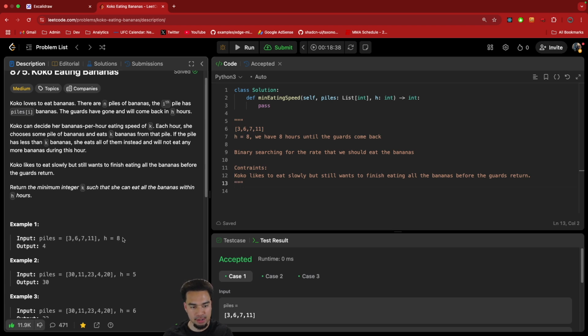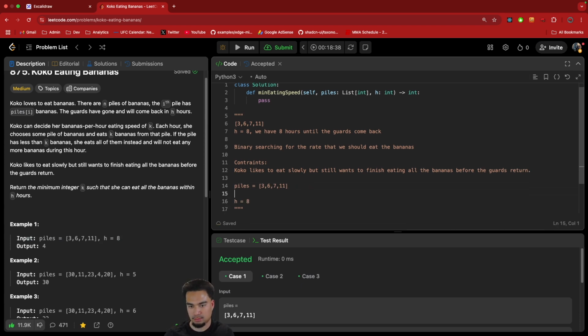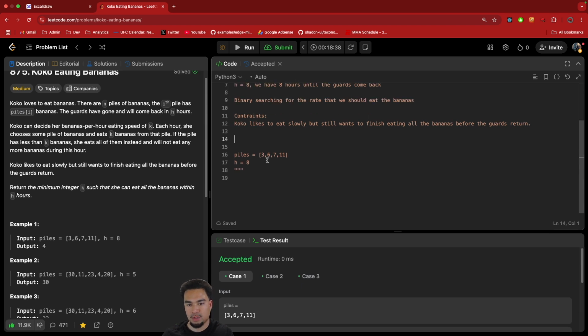Let's look at the answer here. Piles here, h here. So we'll say we're going to eat bananas at a rate of 4. Our goal is to eat all the bananas before the guards return, but we want to eat them slowly. That means we don't want to finish fast, and we don't want to finish late. We want to finish exactly on time. So by hour 8, because they come back in 8 hours,